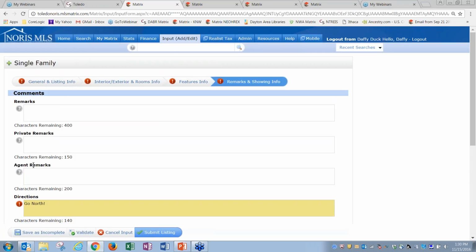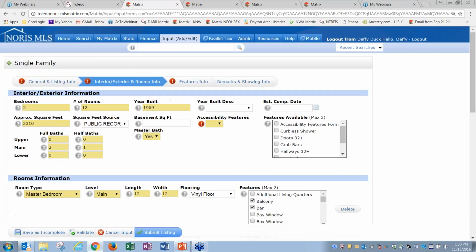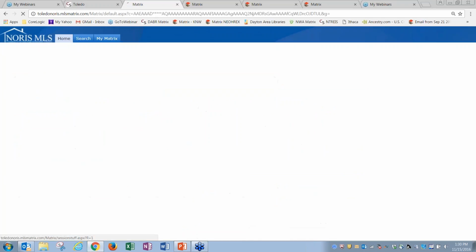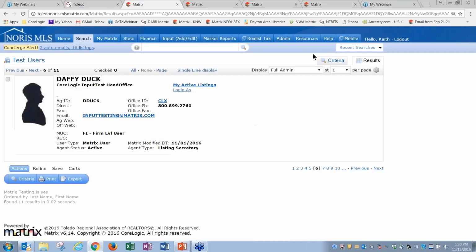Now, let's say I'm going through this and entering all this information and I forget to hit save as incomplete. Let's say I get distracted, someone comes up and starts talking to me, next thing you know we're in a meeting, and then we go out to lunch, and I'm thinking, I don't think I saved this as an incomplete listing. Well, we've got this autosave feature. So let me just log out as Daffy Duck, and you notice I did not save that as incomplete. So if I go back in as Daffy Duck here,